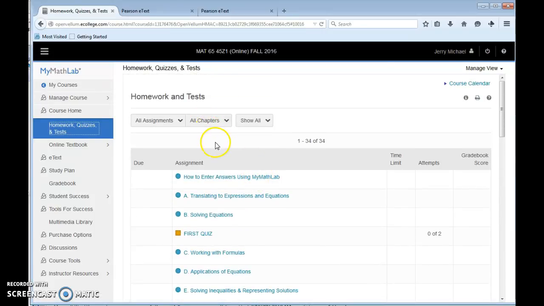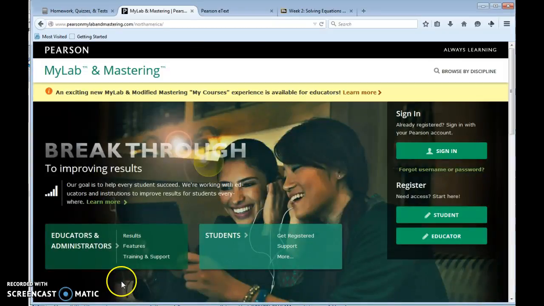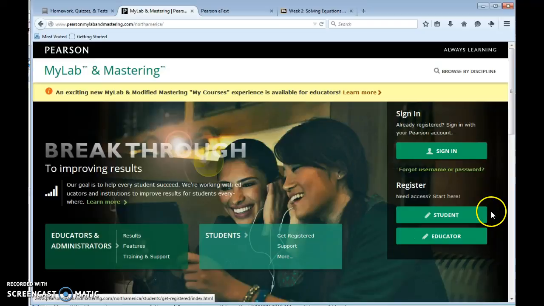So if we're going to go back to Blackboard, let's see if I can do that real quickly. Okay, before I go back to Blackboard, let me show you. This right here is the home page for Pearson MyLab and Mastering. And if you have never used this MyMathLab before, then what you'll do is you'll register. But from then on out, you'll click Sign In. So after you register as a student, the next time you access this, you'll click Sign In. All right? So let's move back to